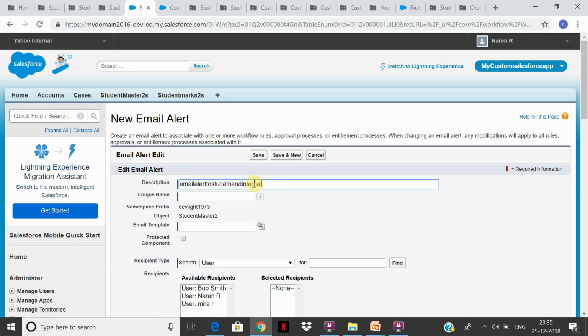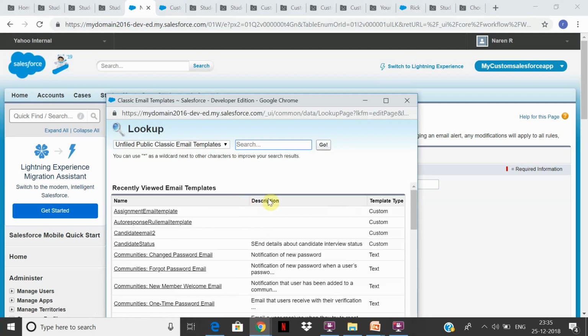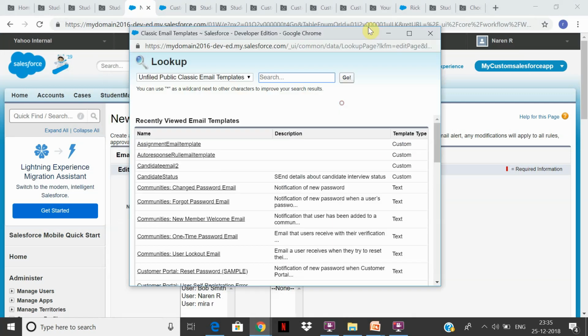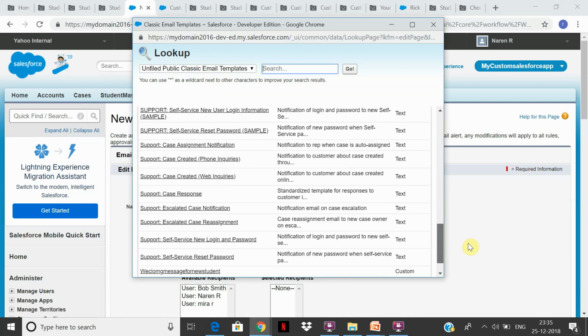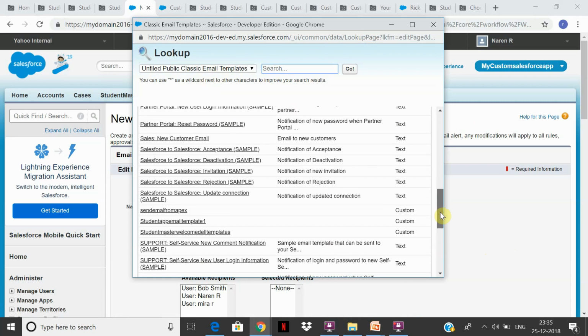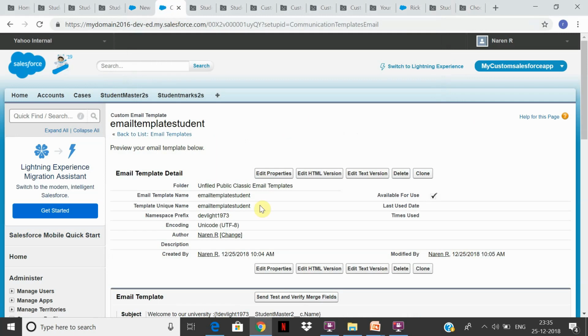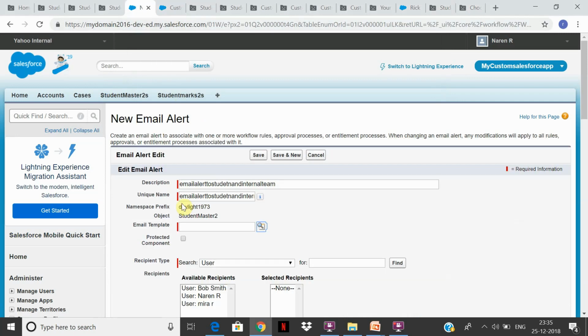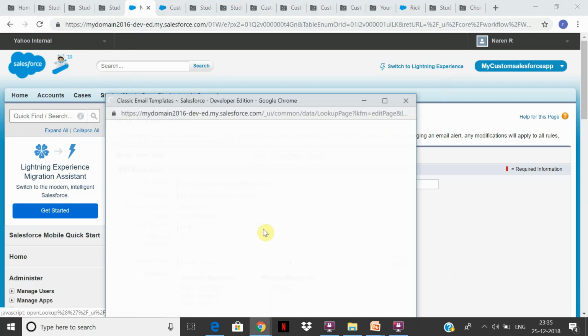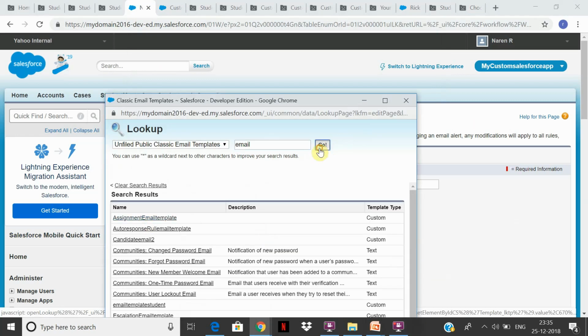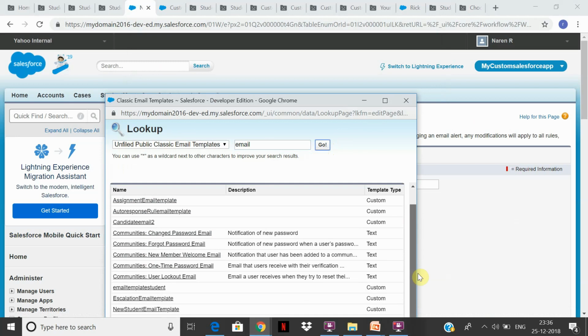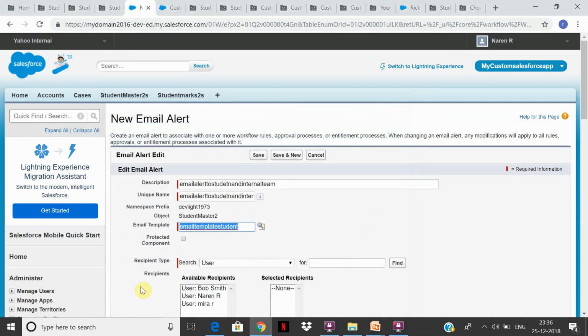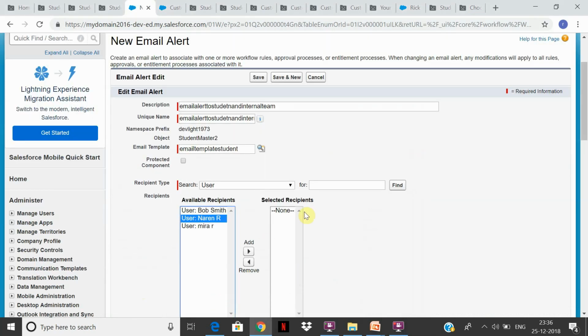An internal team. So this email will go to our internal team. So let us see the one which we created. All these are stored in folders. So let's see what is the name. Email template student. Yeah, so we can pick our particular template, and the recipients are going to be